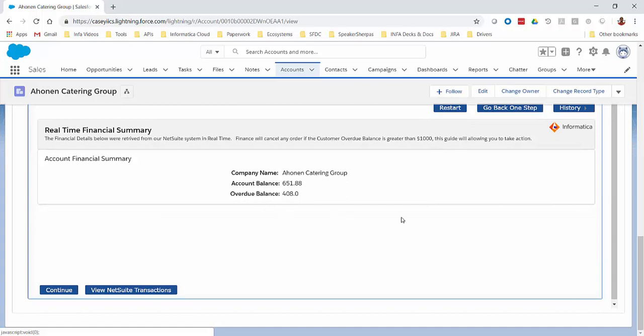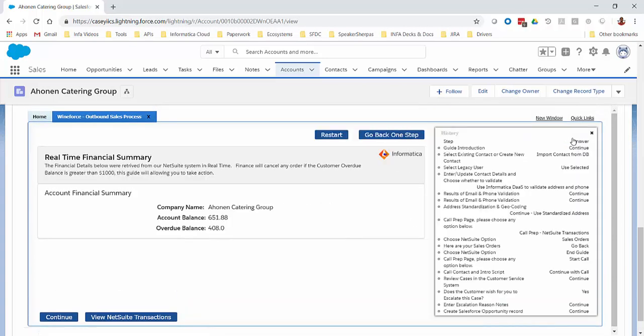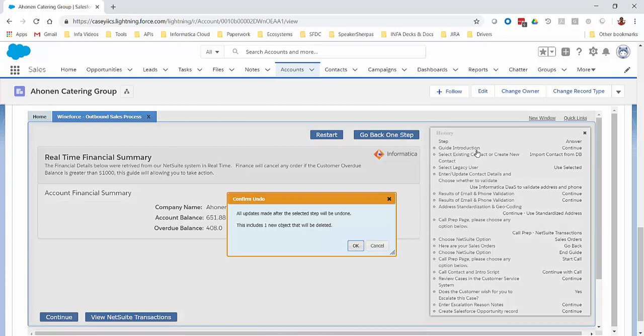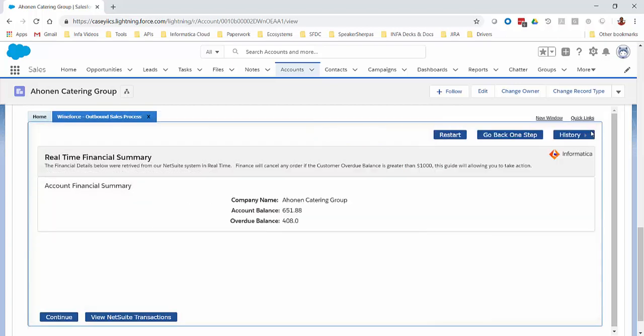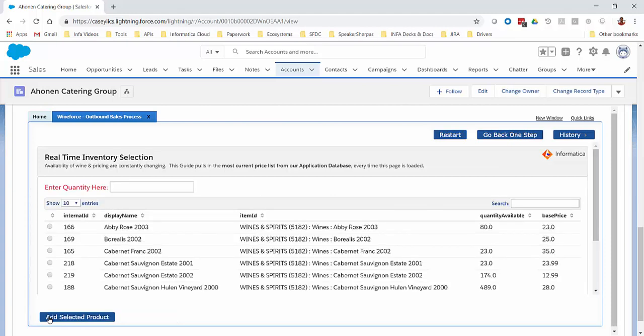So if we were to ever, say, need to go back at some point in time and jump all the way back to the beginning, it will say that this new object that we've created will be deleted and it will warn us. So it will actually undo things if we need to go back to an earlier step in the process. But let's go ahead, proceed. This is our real-time financial summary. We're on the phone with Beatrice, and we happen to notice that we've got this account balance of $651. So it doesn't trigger any sort of finance business rule response,